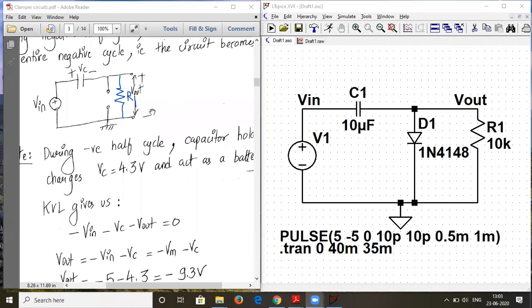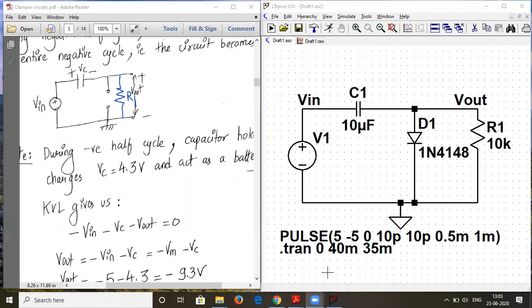So what has happened now is, in the negative half cycle, suddenly the diode has disappeared. But now what happens to this capacitor? The capacitor charge is stored. So now this stored charge can be discharged via this resistor. There is no diode, so the capacitor can release its charge via this resistor. So you have something called the discharging time constant now.